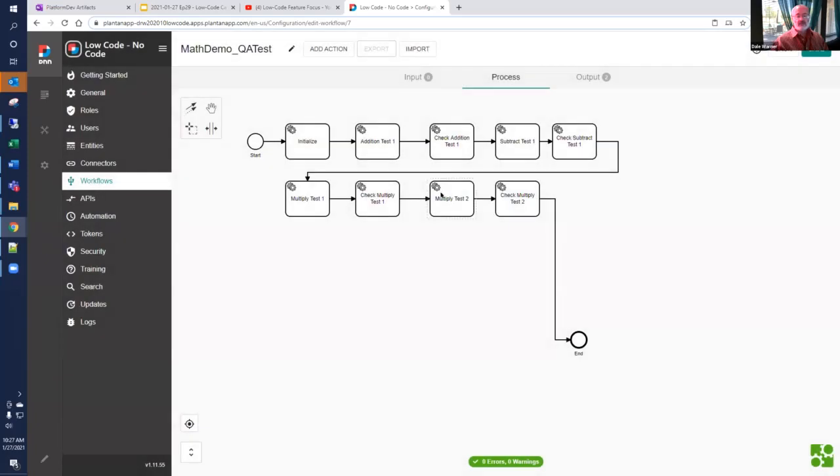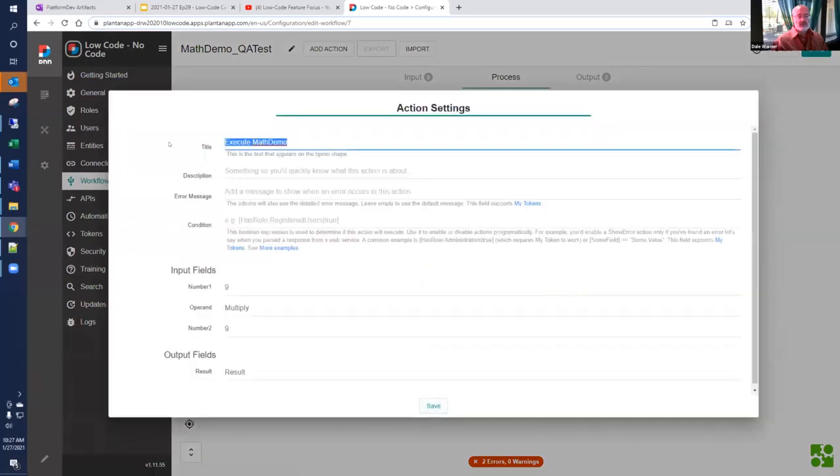And so I'm going to again use copy and paste, the export and import, so I'm going to export this multiplication test and we'll just add a test for division. So I'm going to copy those and import them right back in. So we're going to execute the math demo, and so let's build these out. So in this test, I'm going to do the check divide test 1, and this is the divide test 1,